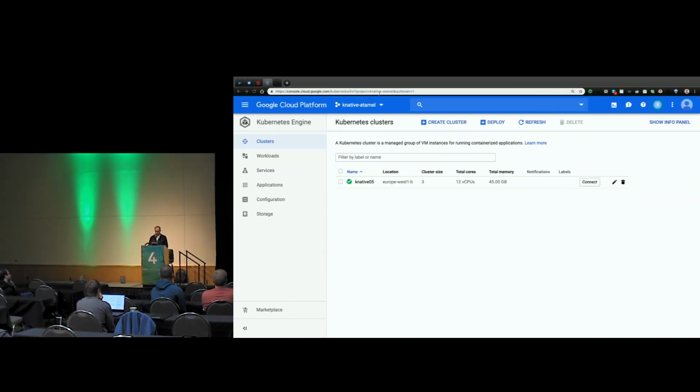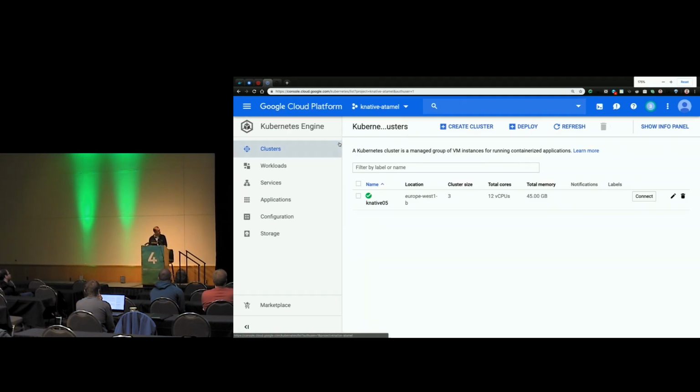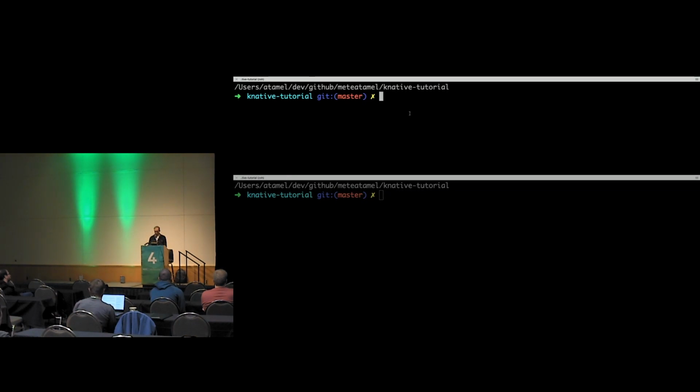First, this is Google Cloud Console. And I have a Kubernetes cluster called Knative 0.5, which is for the Knative 0.5 version. So I already created the cluster. I already installed Istio on top. And I already installed Knative components on top. So let's just make sure that everything is working. So if I do kubectl get pods,